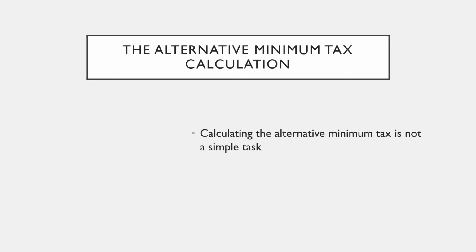For instance, the alternative minimum tax does not allow taxpayers to take a standard deduction or any personal exemptions, and does not allow any itemized deductions, including state and local income taxes, foreign tax credits, and employee business expenses. Let's put it this way. For the 2018 tax year, the only allowable deduction for the alternative minimum tax were medical expenses that exceeded 7.5% of the taxpayer's adjusted gross income, or AGI.